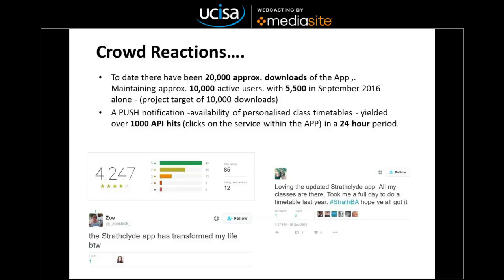So, crowd reactions. What are the crowd reactions? To date, we've had approximately 20,000 downloads with about 10,000 active users. It's important to give a degree of caution with those statistics because it's very difficult, I don't know how familiar you all are with working with mobile stores like Google and the Apple Store, to get really good analytics out of there. So we know how many people have actually gone in and downloaded the app, but we don't know how many of them have kept it on their device, how many of them might have it on 3 or 4 devices. So it does come with a bit of caution, considering we have about 16,000 undergraduates, yeah. So the 20,000 is a bit of a...